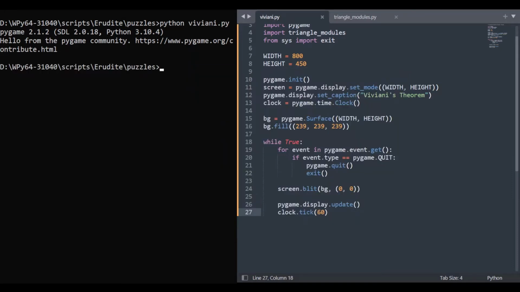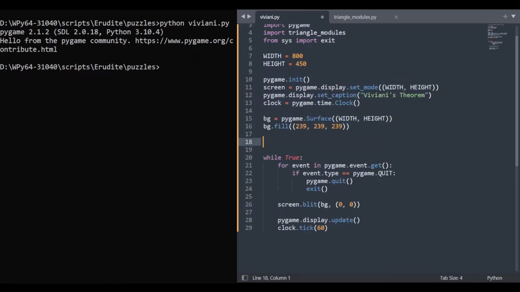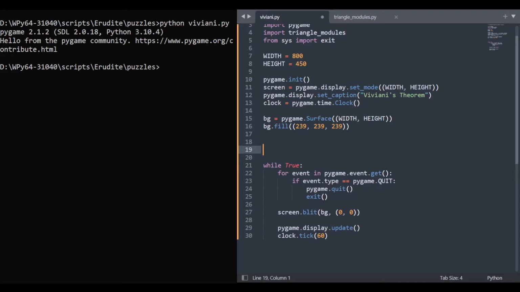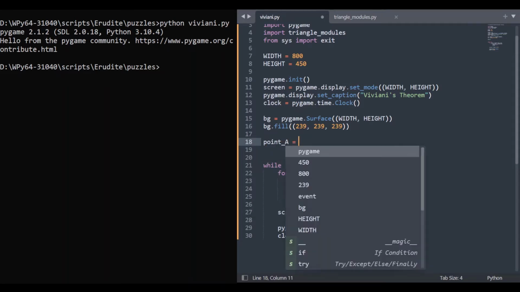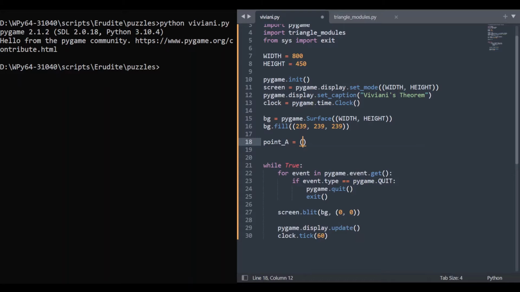Okay, what we need to do is define 3 points so that we can draw the lines to create a triangle. I've already worked these points out considering the width and height that we're dealing with. So I'm just going to define them as tuples of x, y. Tuple of